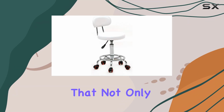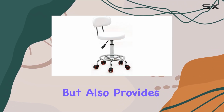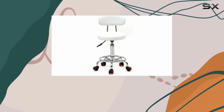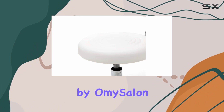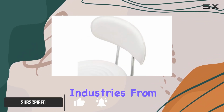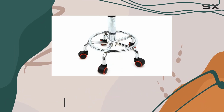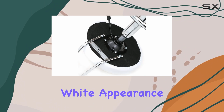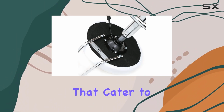Imagine a chair that not only elevates the aesthetic of your workspace but also provides unparalleled comfort and utility. The hydraulic rolling adjustable salon chair Stool by OmySalon is designed to meet the diverse needs of professionals across various industries, from beauty and spa to medical, office, and even art studios. This chair stands out not just for its sleek white appearance but for its thoughtful features that cater to comfort,